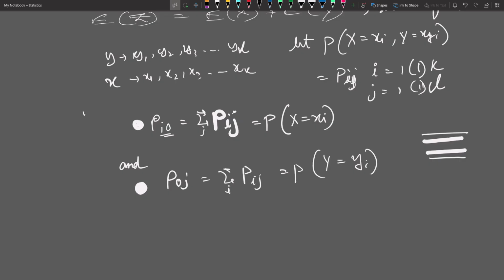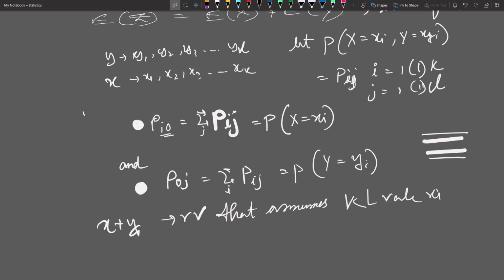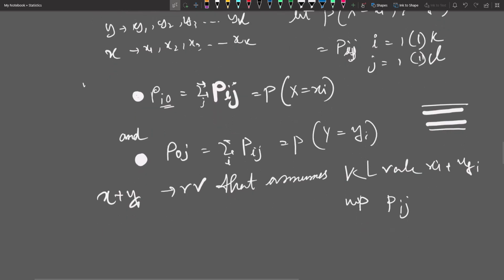And then the sum of random variables x and y, whether random variable, assumes kl values with respective probability this. So by the definition of